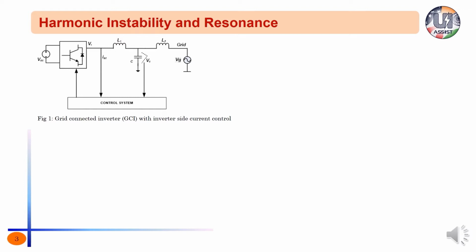As I said, since current through L1 is controlled and we are not controlling any of the variables after L1, that is voltage across the capacitor or the current through the inductor L2, we can assume capacitor C and L2 as part of the grid itself. With these assumptions, now inverter will resemble an L-filtered inverter which is connected to an LC grid. With this, the capacitor connection point will become the PCC.